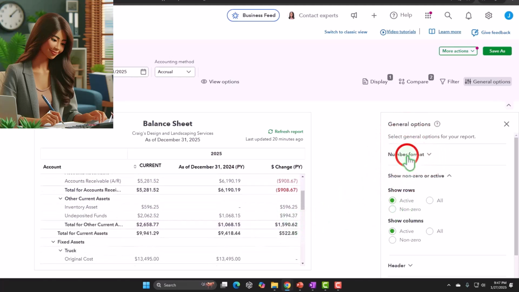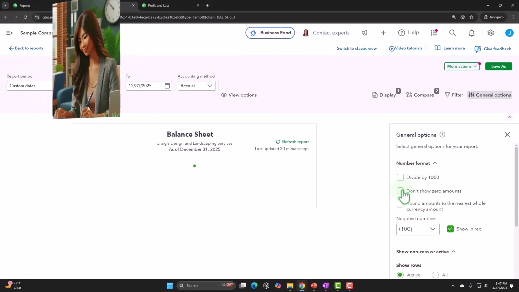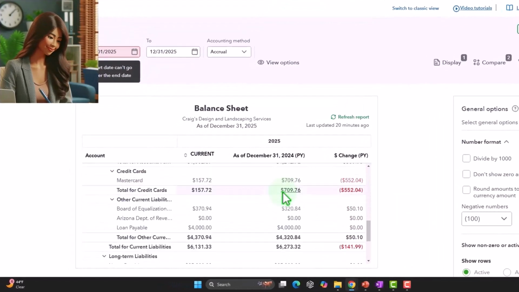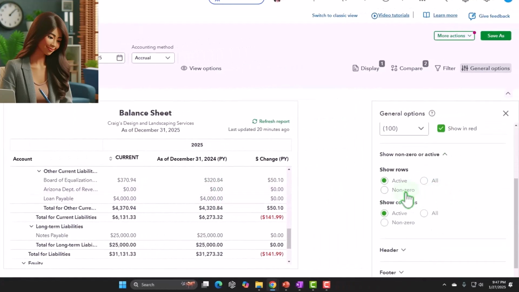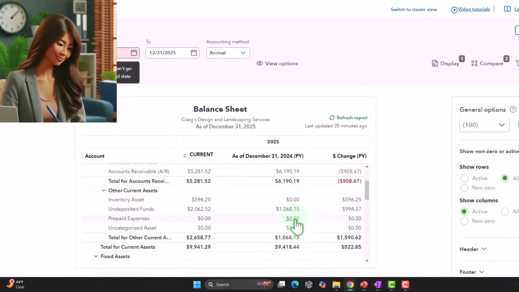So up top we said that we don't want to show the zero amounts. I'm going to go ahead and show the zero amounts now. So now we're going to have zeros that are displayed. But for example, this one is 0. It's displayed and it's active. So it's not showing all of the zeros that aren't active. So if I was to make this all items, now it's going to show all of the zeros,